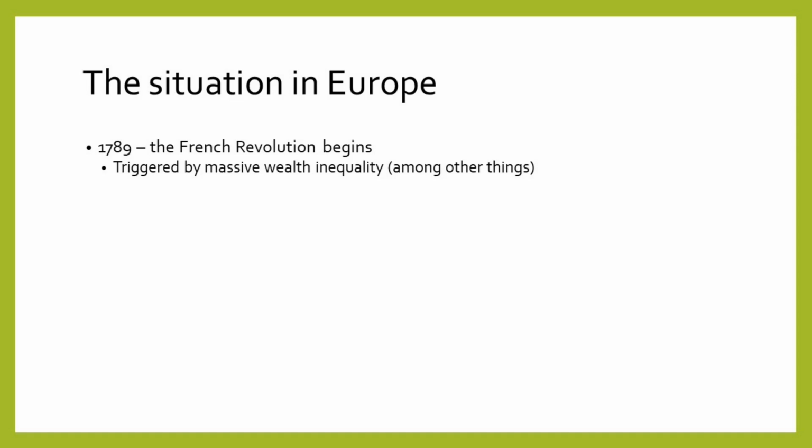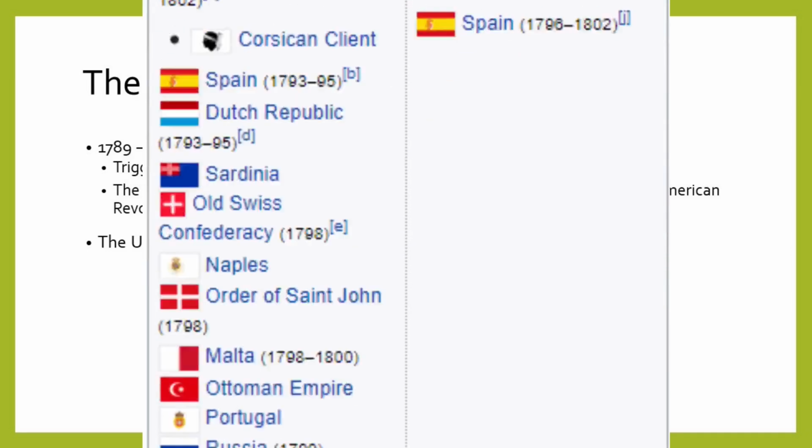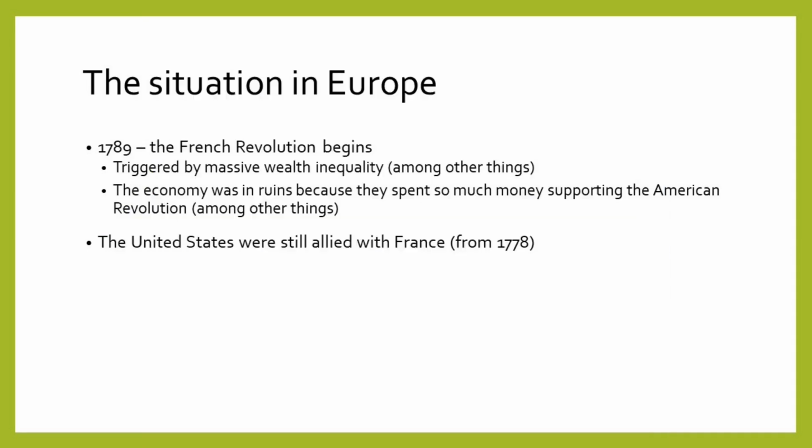These economic conditions came in part from the fact that France had blown a tremendous amount of money on the American Revolution just a few years earlier. In fact, the alliance France had signed with the US during that war was still in place during the 1790s. That meant that when France went to war with more or less all of Europe, but most importantly Britain, Washington had to decide whether or not he was going to join them.